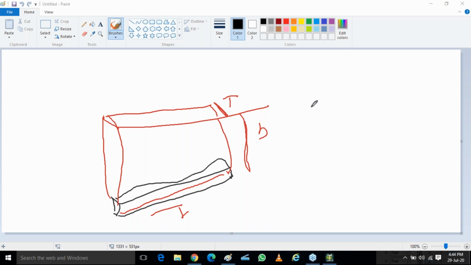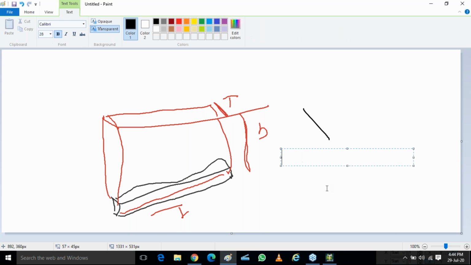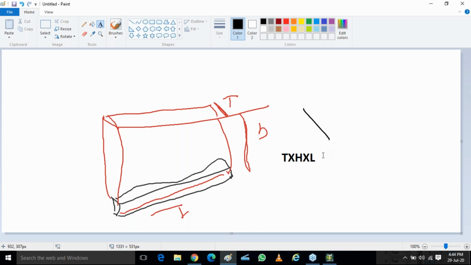The volume of this will be thickness into height into length. This is volume, and density will be your weight per meter cube.